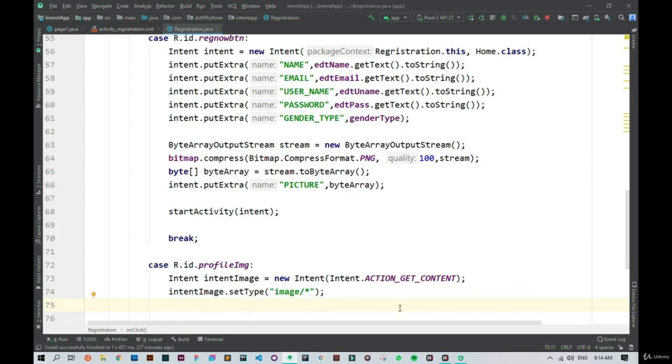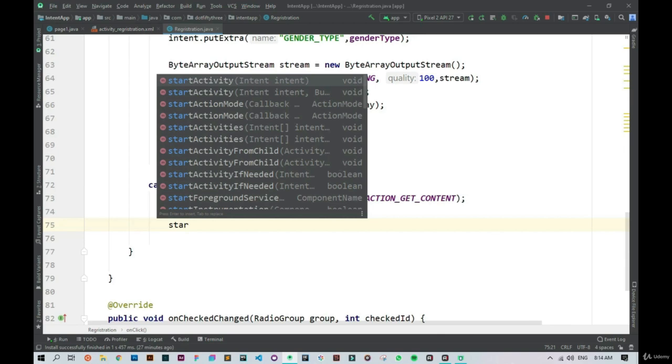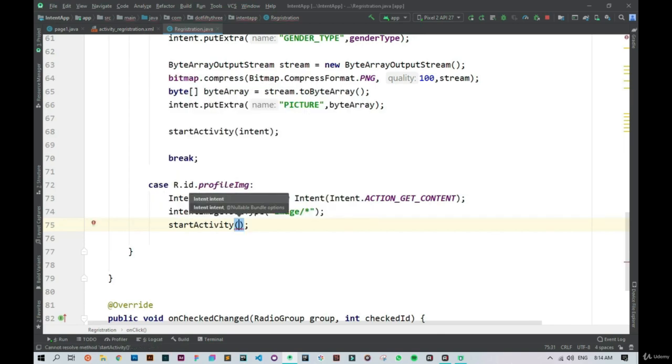and now we need to start the activity. Okay, but for this intent, we do not want to start the activity only. We need to start the activity for results, because whenever we use this intent, the object of this intent will always return something. Okay, and so to take that thing, we need to start the activity for results. So we will say start activity for results,